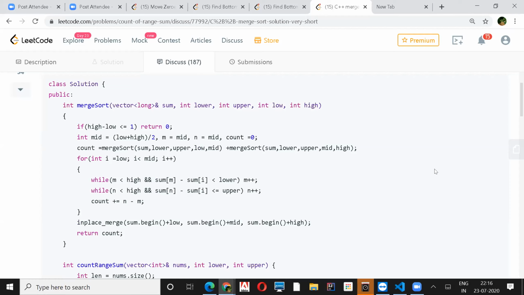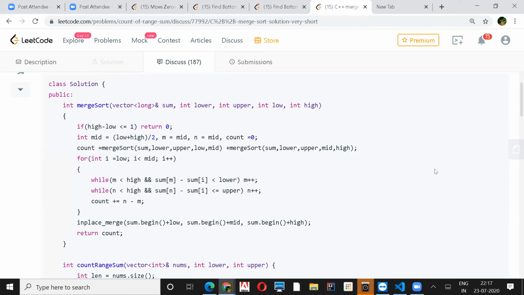So why is divide and conquer used here? He's trying to divide the whole array, so you can make two parts of that array. And when he does that, you are actually reducing the time and space. Like if you do merge sort also, you come to the end, and when you have only one or two values, if it's one value, you can compare whether it is within the range or not.